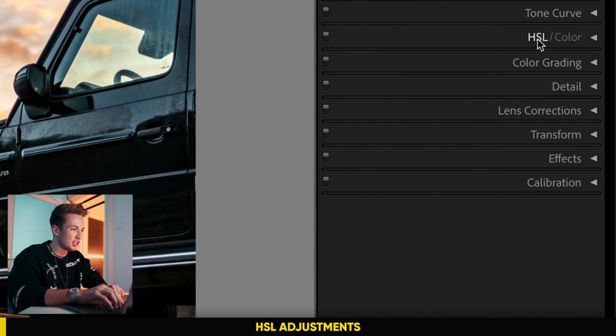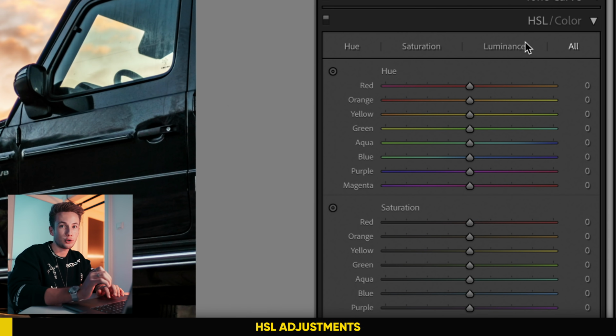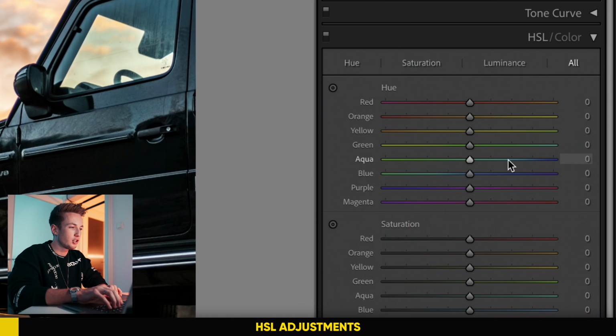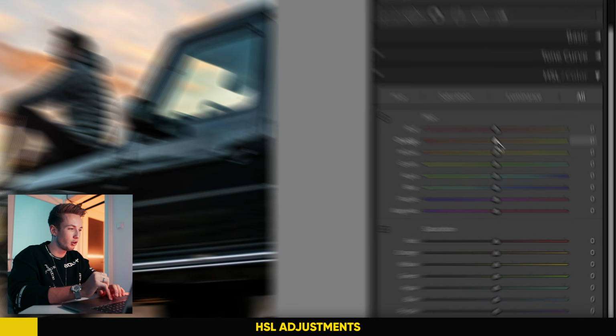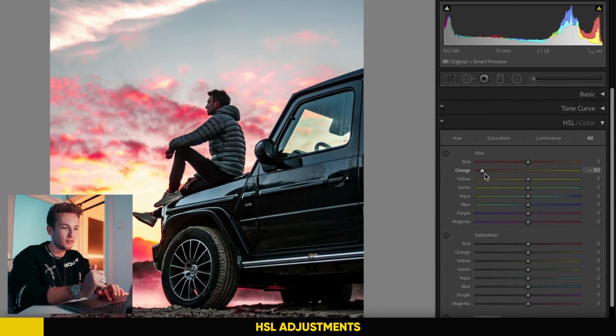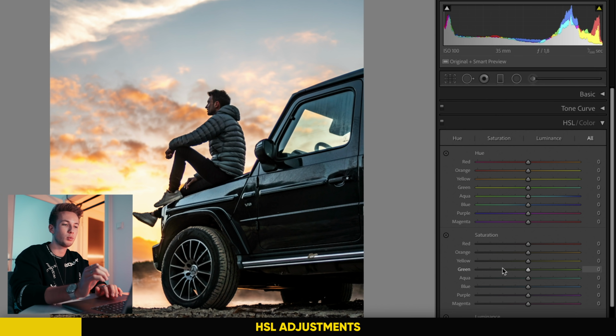Pop! So next we're going to head over to the HSL tab, which stands for Hue, Saturation, Luminance. So what you can do with this tool, as I said before, is influence specific tones, specific colors. So for example, if I pick the orange hue slider, I can influence the hue of the orange tone. If I take the saturation slider of the blues, I can lift up the saturation and I can lower the saturation of the blues. And this is super powerful because you can tweak exactly how you want your colors to be.